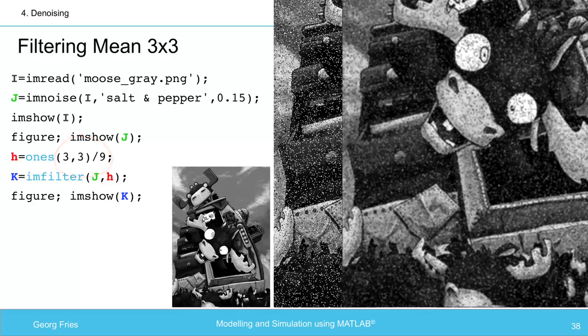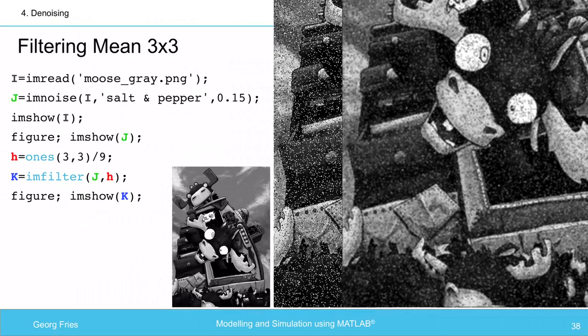result is poor. It is quite disappointing. The image is blurry and the noise is still visible. For that, let's try another approach. The black and white pixels of the salt and pepper noise are the extreme values of the data range. We can handle them as outliers. Median filtering is much less sensitive than mean filtering to outliers. Therefore, median filtering should be better able to remove these outliers without reducing the sharpness of the image.